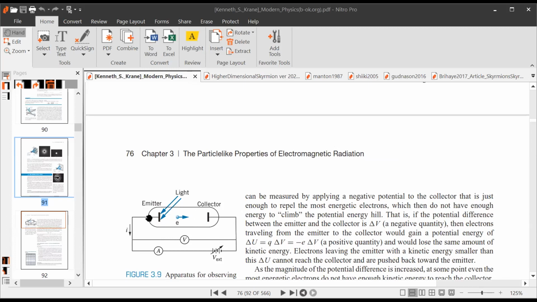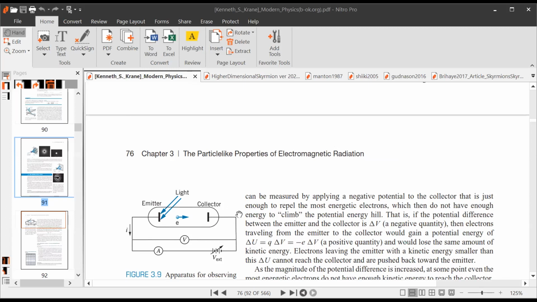Emit means memancarkan in Bahasa. So we have this vacuum tube, and these electrons are somehow released from this emitter